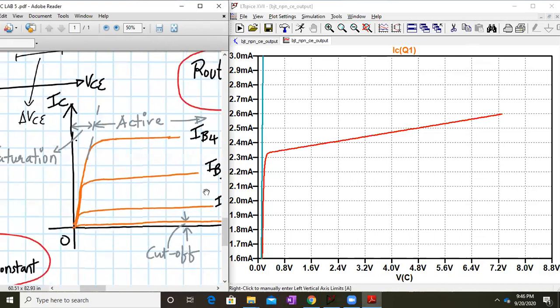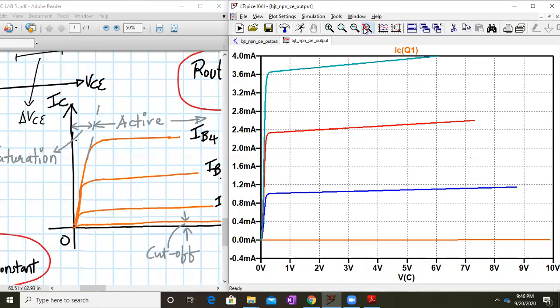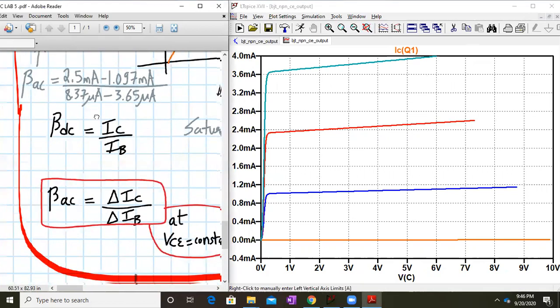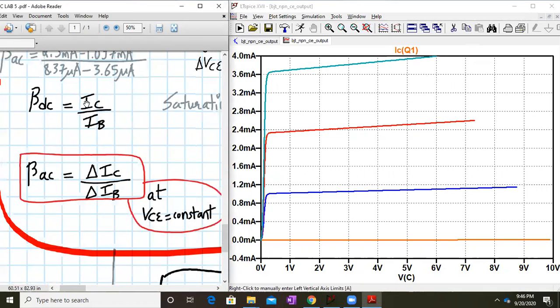It's very important, this is what we get from the output characteristics. So what does it give you? It gives you information about the output impedance of your common emitter, if the BJT is connected in the common emitter configuration. Now, one more parameter which is extremely important is the current gain. Now let us determine beta AC.